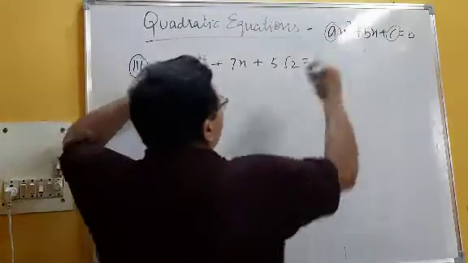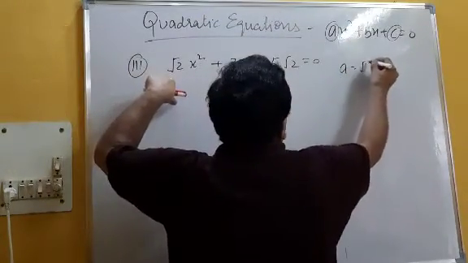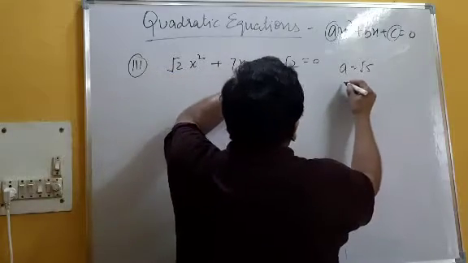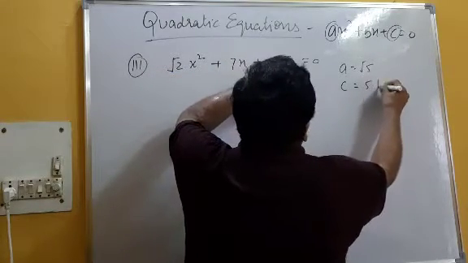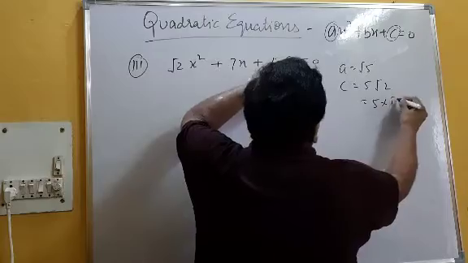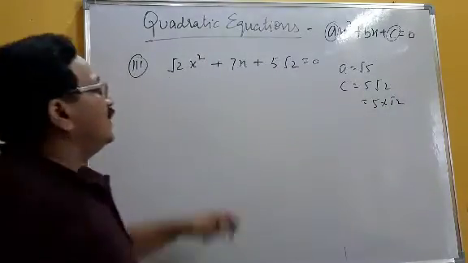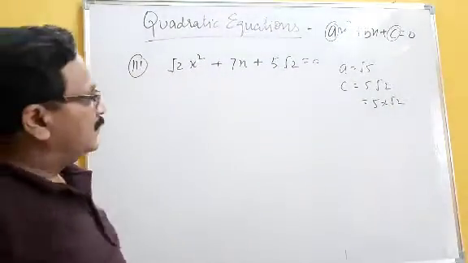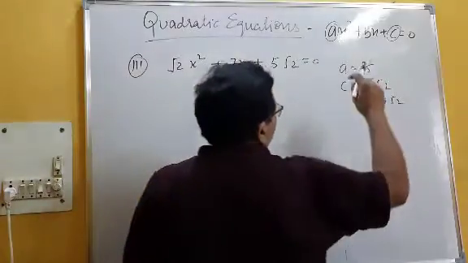So what is your a? Compare with this equation. Your a equal to root 2, and your b equal to 7, and c equal to 5 root 2. It means you can write 5 into root 2. What is the answer there? 7x. Okay, so now you see